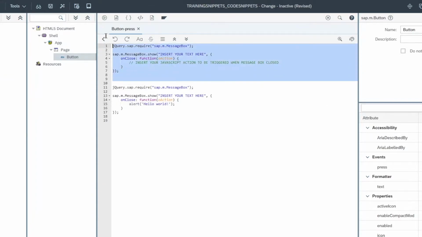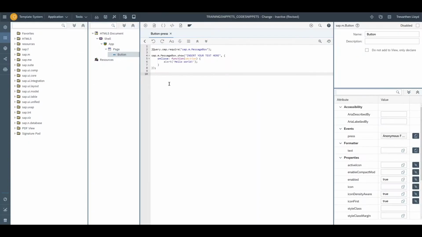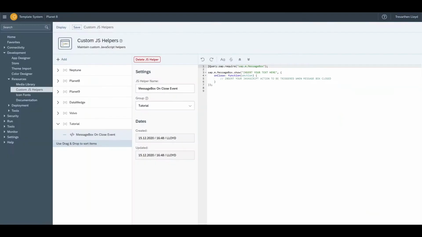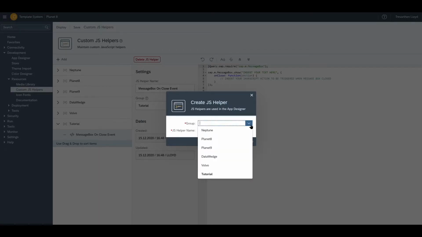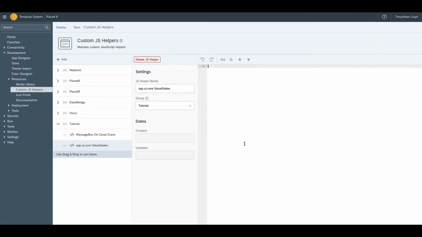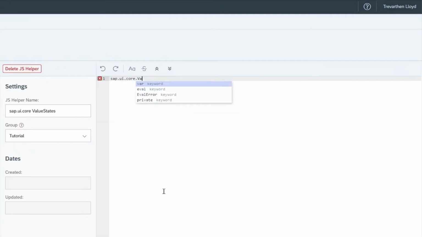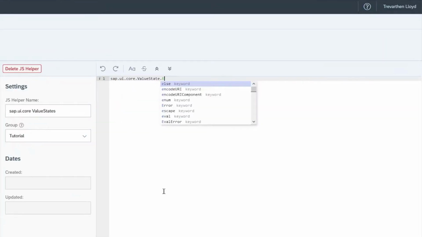Fantastic. Heading back to the custom JS helper tool, we can add another code snippet to our existing tutorial group by selecting it from the drop-down. Let's create this snippet, which is a